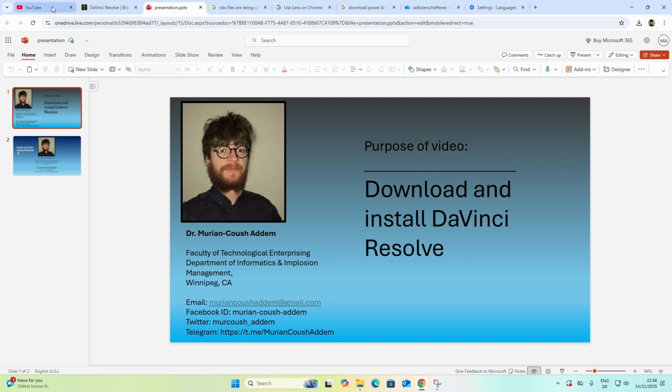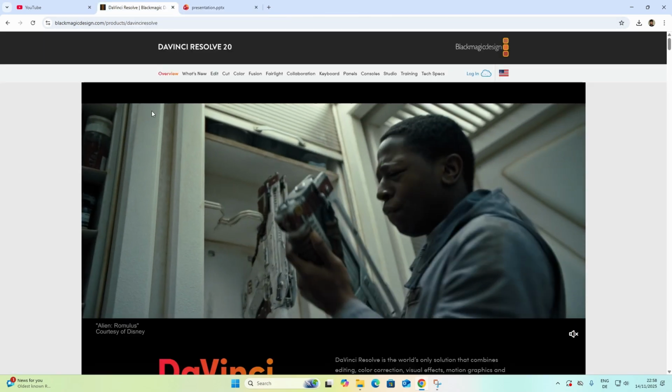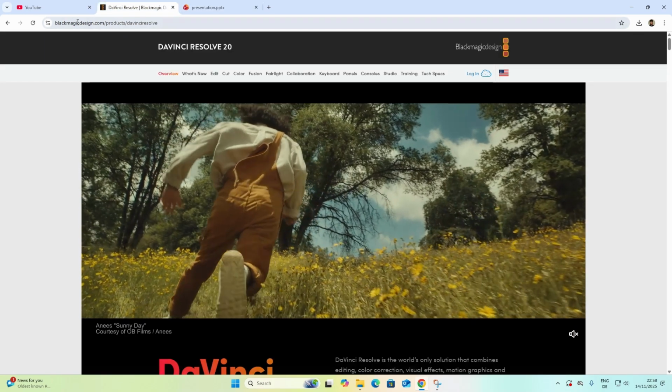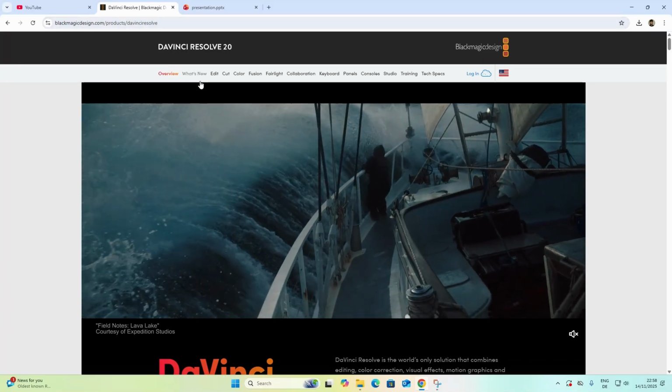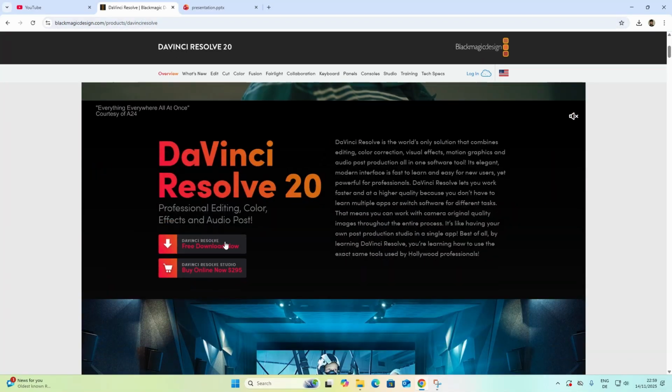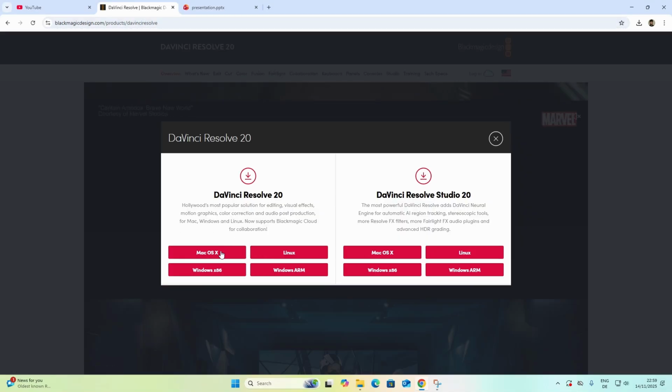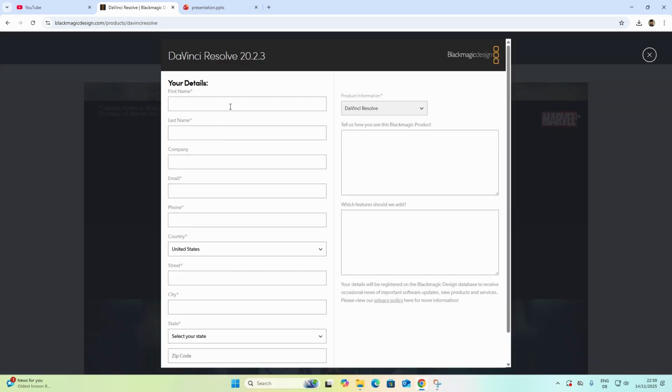And one thing you have to do for that is just be on the download page. It's Blackmagic Design DaVinci Resolve, and you have here the download button. So multiple options here. We click on the Windows one and then Murian-Coush Addem,